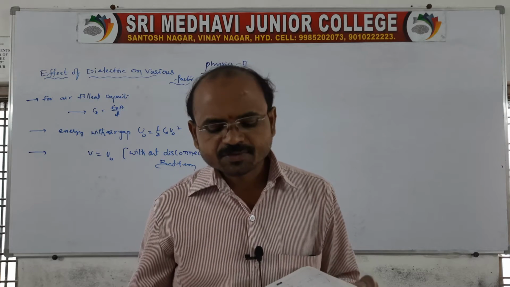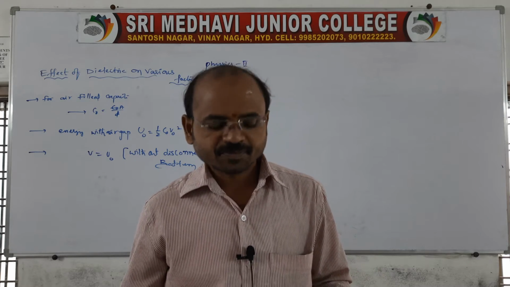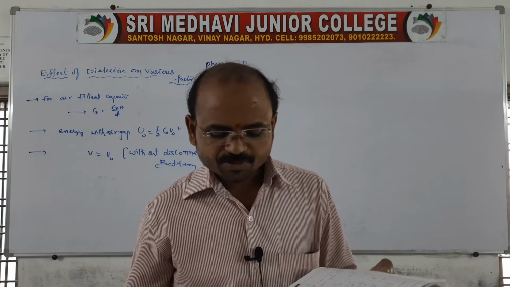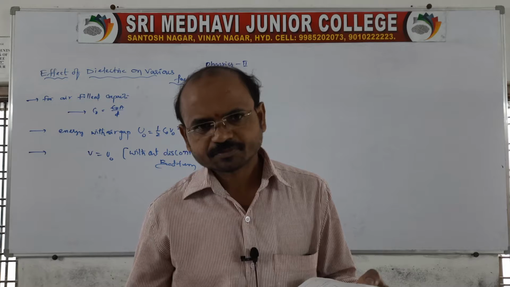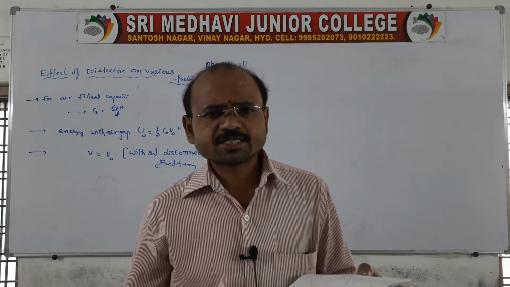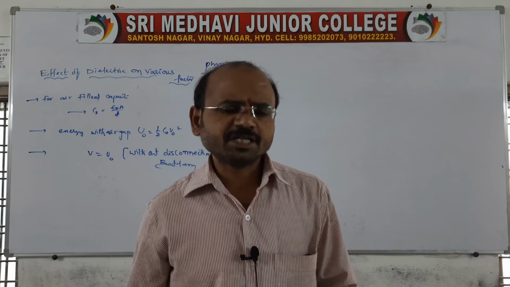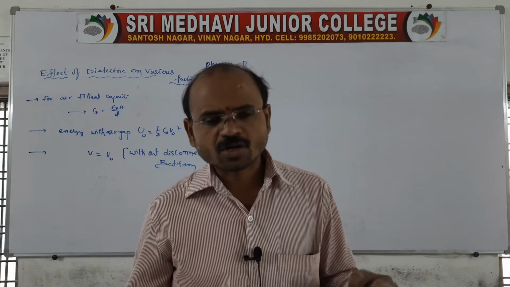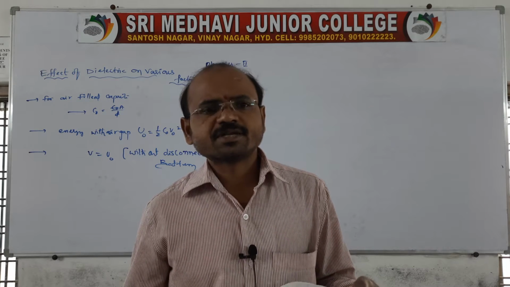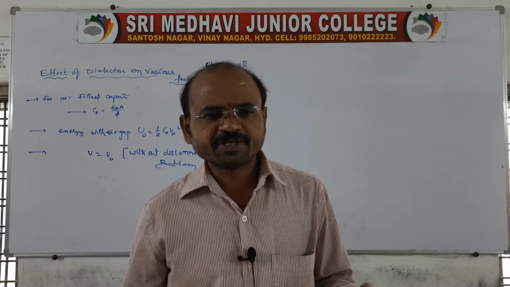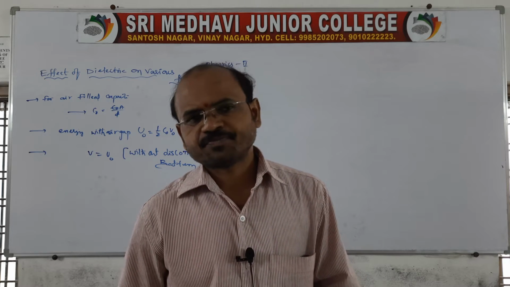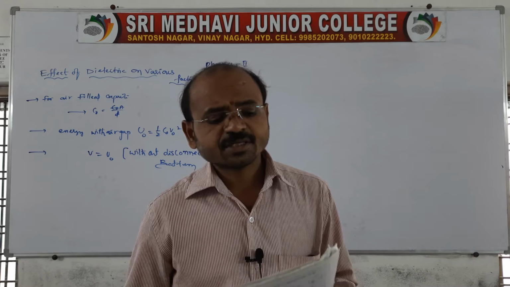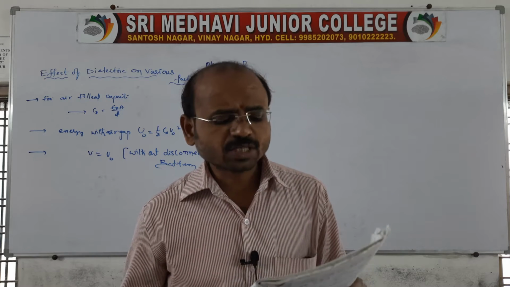As well as that, we also finished energy density, that is mu is equal to 1 by 2 epsilon E square. Suppose epsilon is the medium, then for that medium you take K into epsilon naught, because it is free space for air filled capacitors. So 1 by 2 K epsilon naught into E square. This is what we finished in the previous class, and let us move to another one.